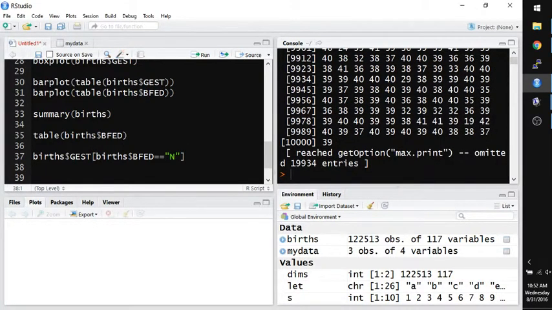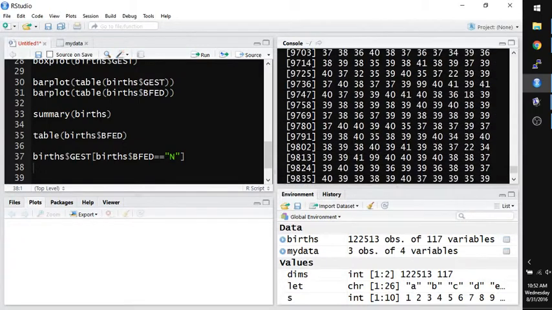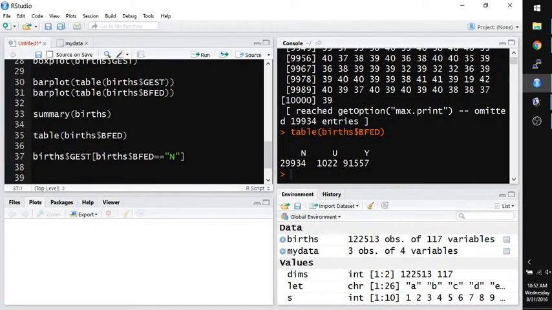Okay. So now I've produced 19934 entries where this is true, which hopefully matches this. There's probably some missings. What prints out is, oh, it just said, okay, omitted. So it's actually this plus that. Good catch. We printed 10,000 and then R gave up and said, okay, well, I didn't bother. All right, so this will produce